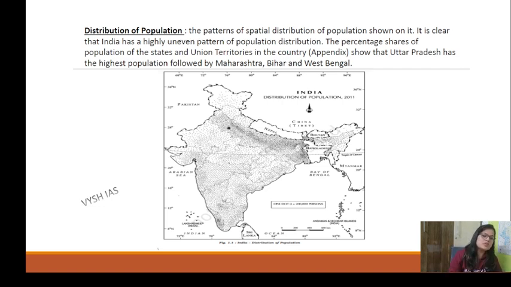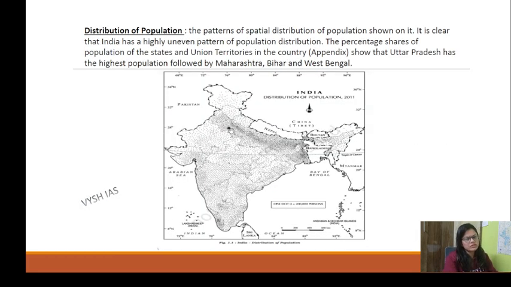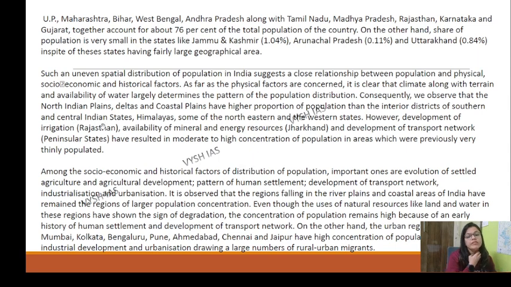Okay, so you should know this thing, that if somebody asks you what is the distribution of population in India, in one word, it should be uneven. Okay, and UP has the highest population, followed by Maharashtra, Bihar. And this clearly shows that, see, Delhi, highly red, it gets darker, depending on the capital city, right? Then if we talk about,